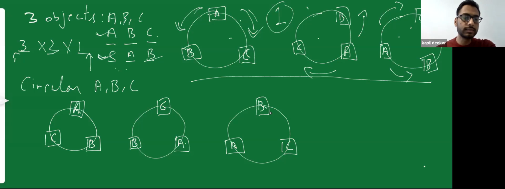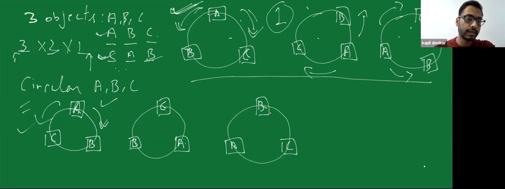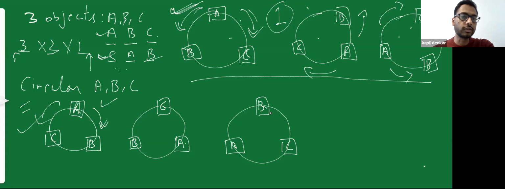And let us see this part. In my second portion, the right hand side partner of A is B and the left hand side partner of A is C. So it is different from this. In this diagram, I had right hand side partner as C, whereas in this case, I have my right hand side partner to be B. So this and this are 2 different ways of arranging. This is my first way of arranging and this would be my second way of arranging.